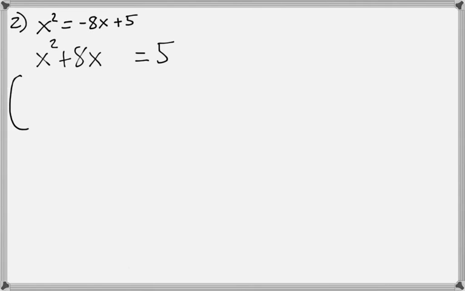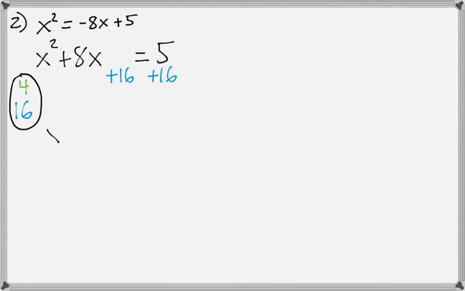So now I want to figure out my two numbers for completing the square. The first number is half the coefficient of the x term, or half of b. So half of 8 would be 4. My second number is I want to square this number that I found. So 4 squared is 16. And that's the number I'm going to use first, but it's going to be helpful to have this 4 written down here because we will see it later. So I want to add 16 to both sides,